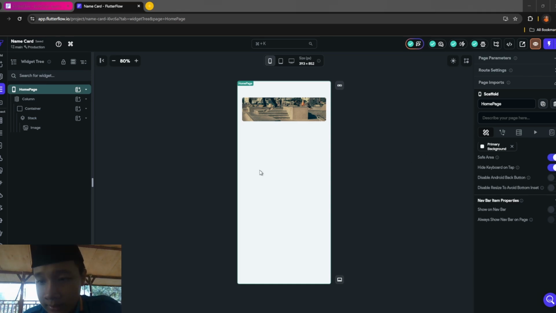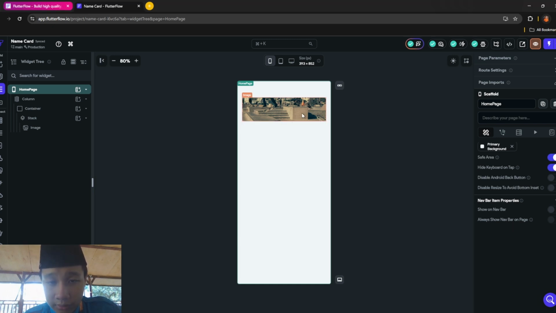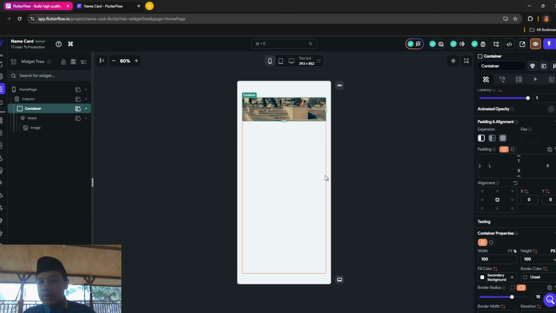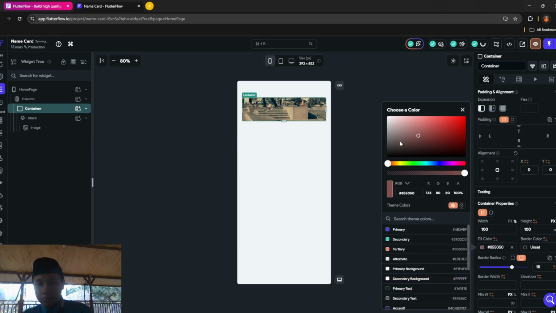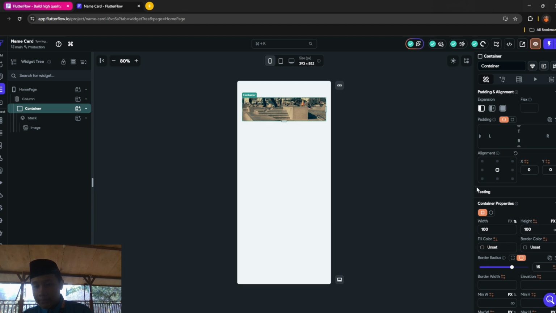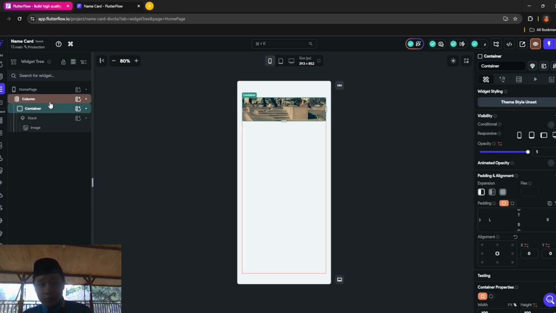If you want, you can make a secondary color for your container. Select all the components inside: the column, application bar and column, container.